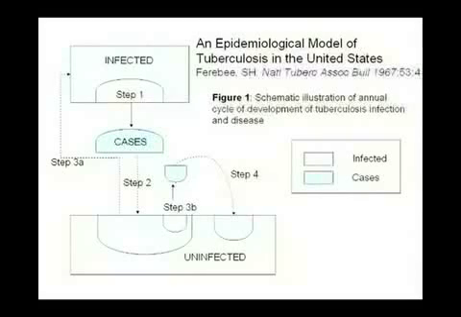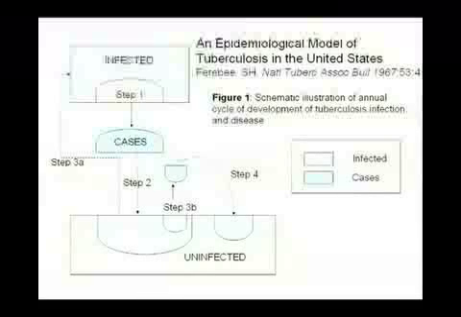So these are the people in the world, or in the population, who are infected, who have latent tuberculosis infection. In the world, we estimate that roughly to be about 1/3 of the population. In India, the most recent estimates are that approximately 10% of the population have latent tuberculosis infection. And as we mentioned, these people are at risk of progressing to active disease, and that's what we see in step 1. We see a proportion of the patients who are infected progress to active disease.